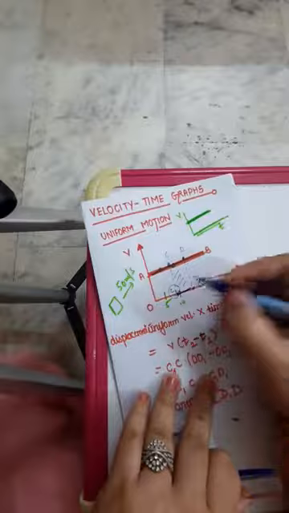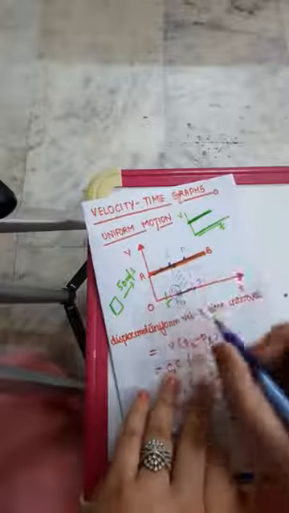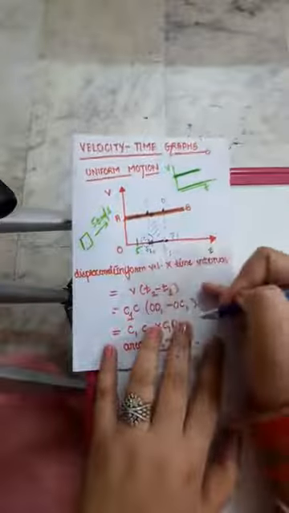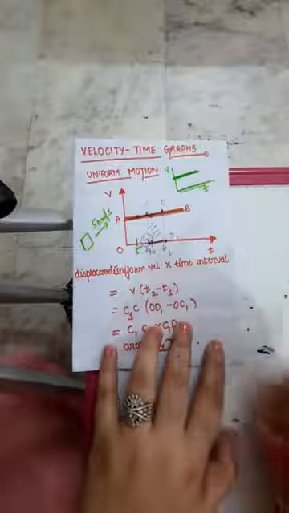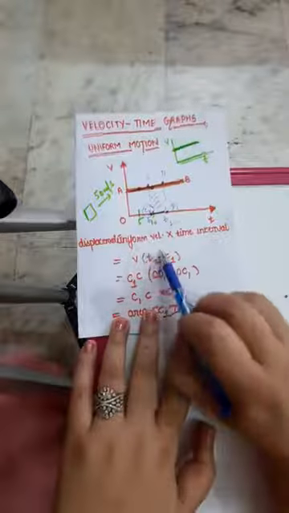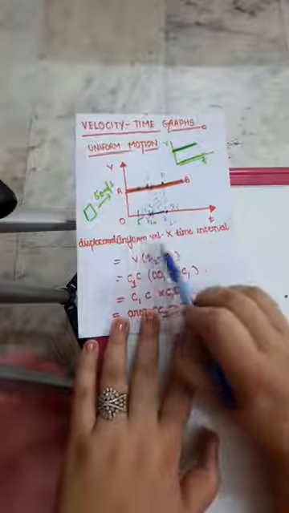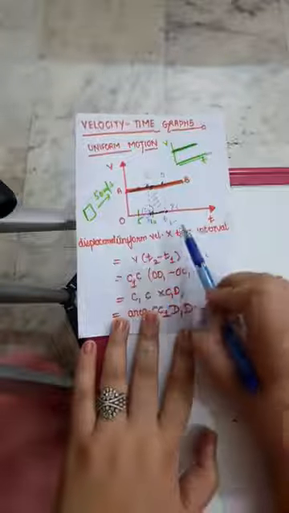see, the time corresponding to C1 is, let us suppose, T1, because it is lying on the time axis, so C1 must have some time value, and D1 also must have some time value. I'll take C1 as T1 and D1 as T2. After that, displacement is uniform velocity multiplied by the time interval. This is the value of displacement. What is that uniform velocity? It is V. And what is the time interval? See, the time interval is only this much.